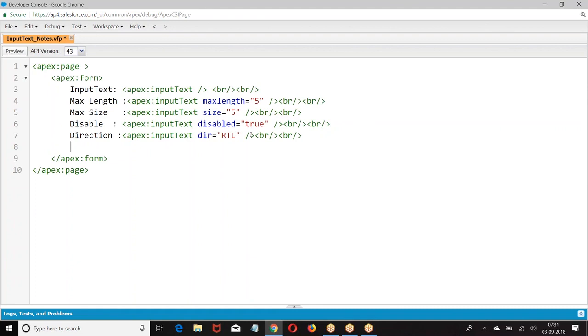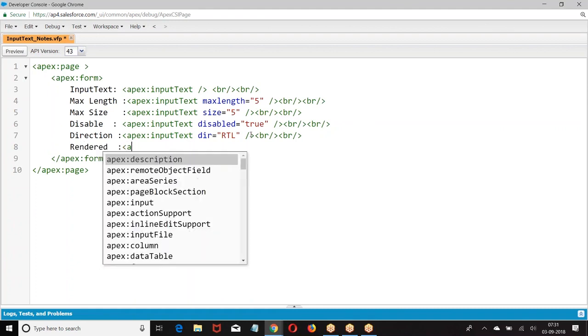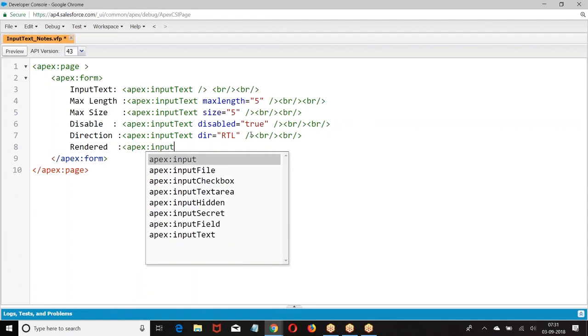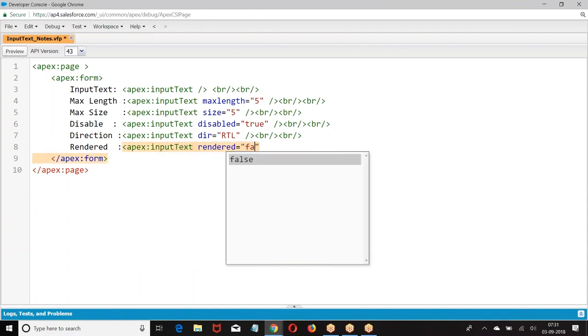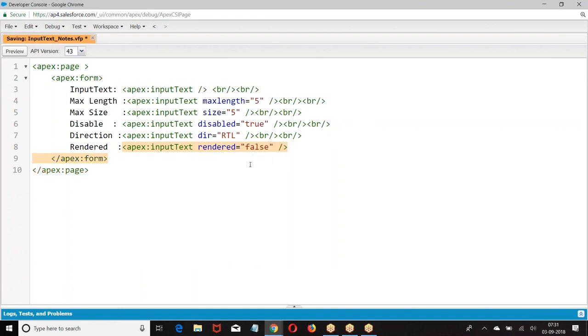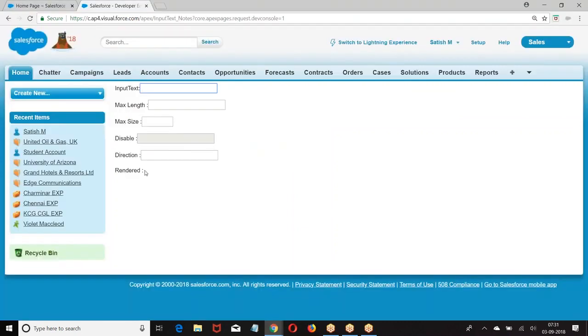Then I have rendered. Sir, I have a question. Should I display the box or not? Rendered: should I display the box or not?